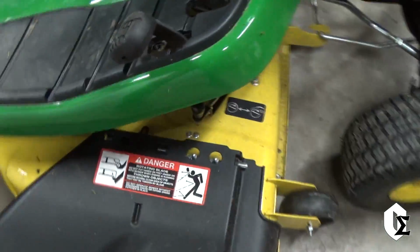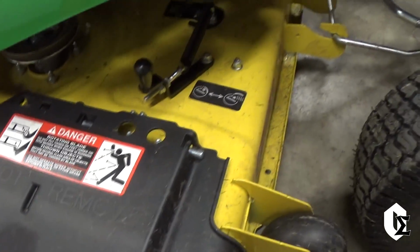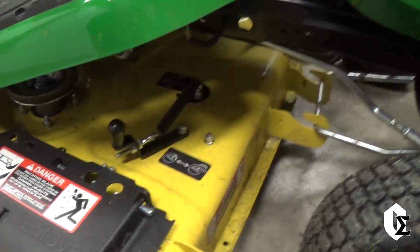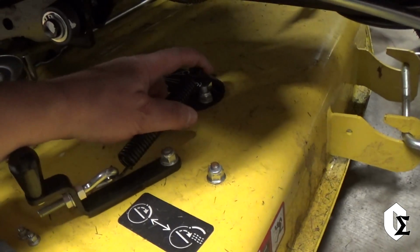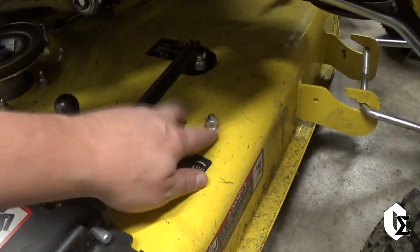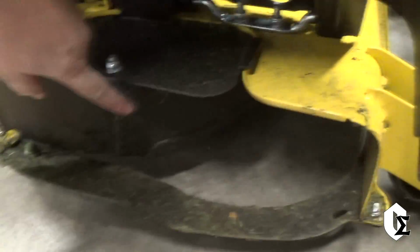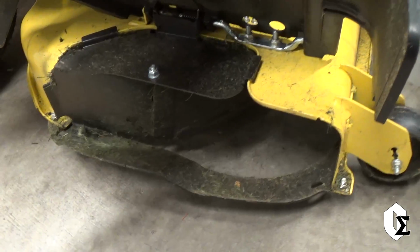This deck, when I purchased this, I purchased the mulching kit, which is what this is. It's a very simple install. It didn't come installed. There's only a couple of pieces. There is this bracket here that you see that you have to put on with a bolt and this handle and spring. And then underneath of here, you just have this metal door right here that closes, and that keeps all of the grass in there so